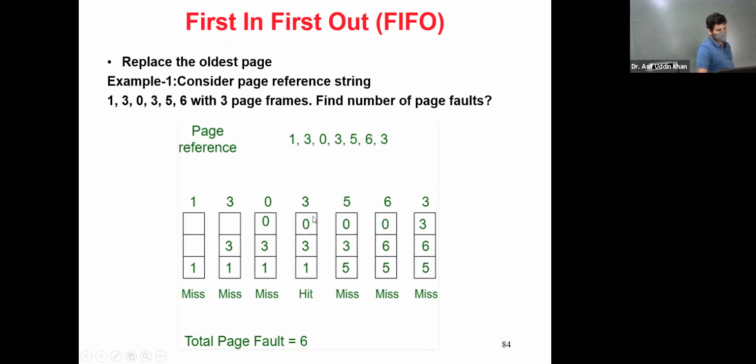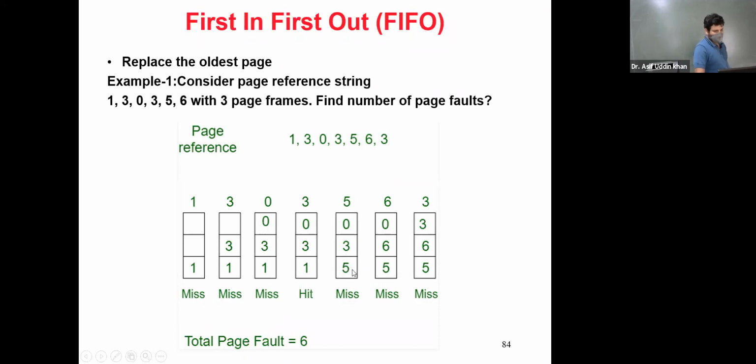So for page number 5, check here whether page number 5 is present or not. It is not present, that means a miss. Miss means what? You have to bring page number 5 from the hard disk and load it here. But here no vacant frame is present. All the frames are filled. So what to do? You have to vacate one frame. You have to remove one page from here. Now which page to remove? You have to use the FIFO algorithm, first in first out. So you have to check which page in these frames came first, that means which is the oldest one. Among these 0, 3, and 1, we know that 1 is the oldest. So remove this 1. So 1 is removed, and here 5 is written in the place of 1.